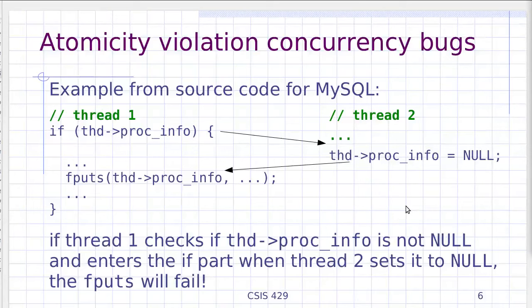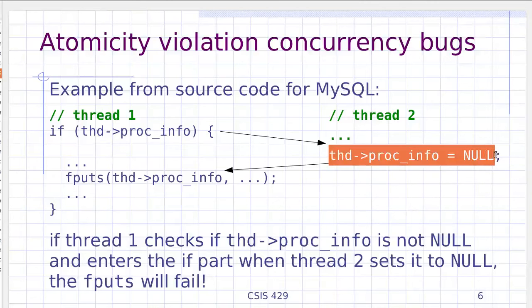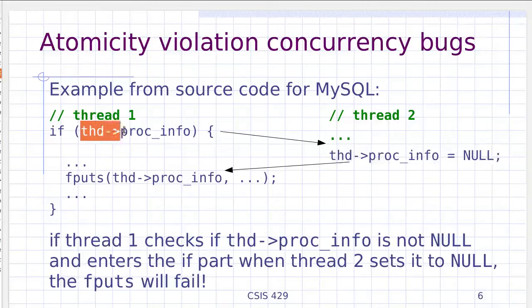Okay, so let's take a look at some examples. Atomicity violation we've actually seen before. This is a situation where you have two threads and they both try to access a variable, and then one of them is writing. In this case, let's say thread 2 is going to set thread->proc_info to null, but then thread 1 assumes that it has checked to make sure that it is not null. So this if statement checks if it is not null. If it is not null, then it executes this code, which presumably will